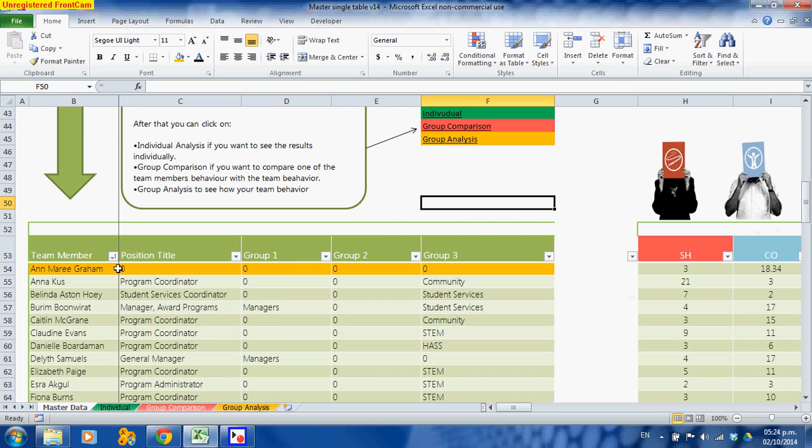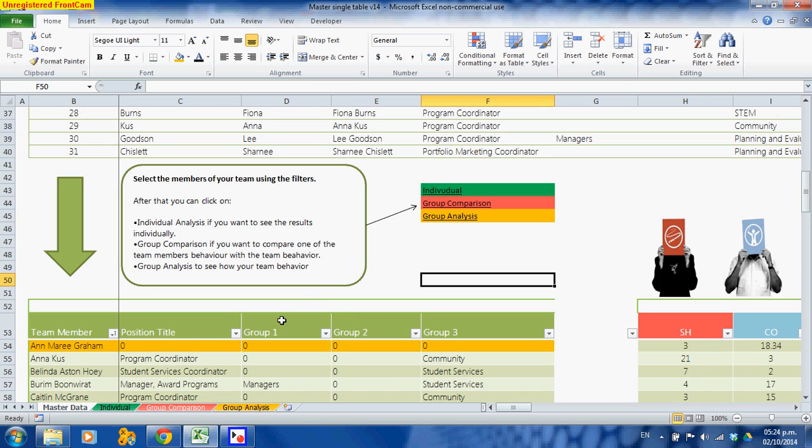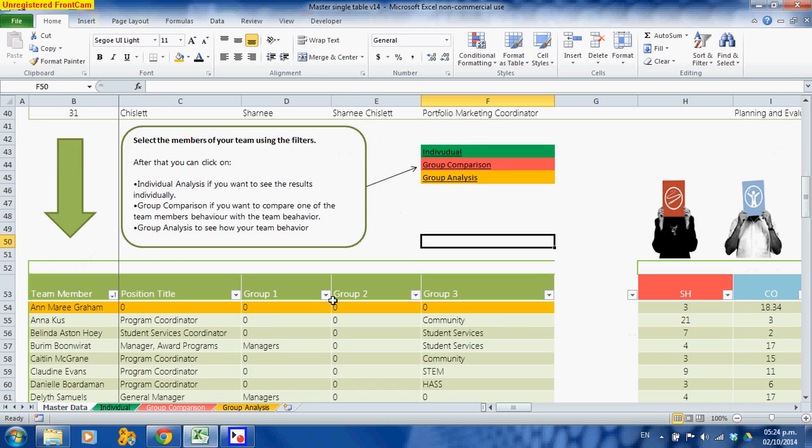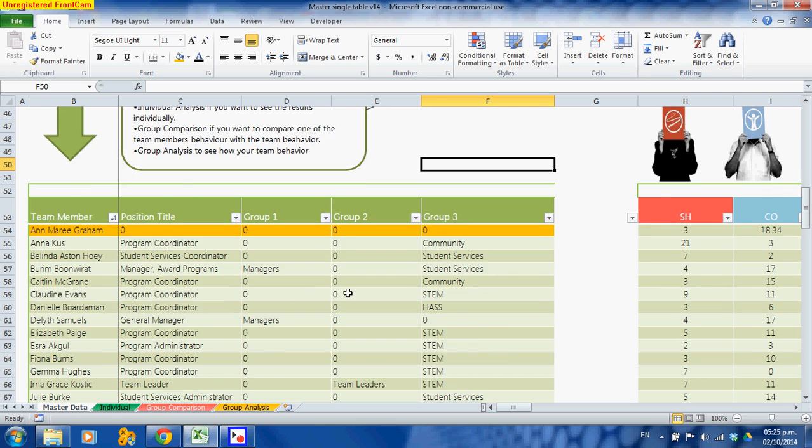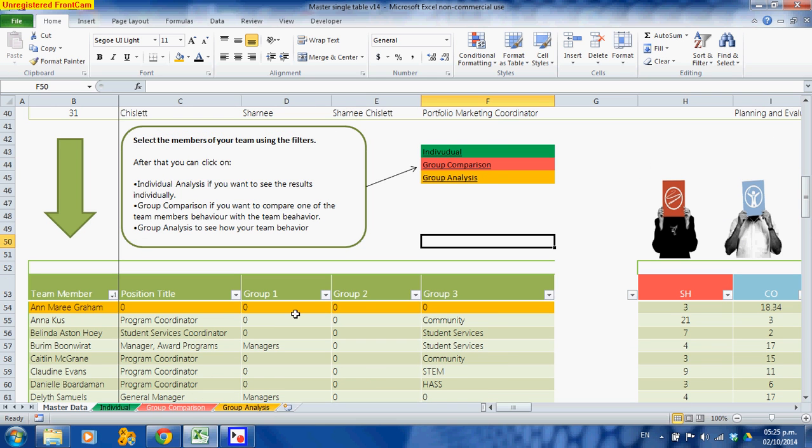Then you can see this table, which is kind of a dynamic table. It's kind of dynamic, but it's not that dynamic by definition, where you can filter all the different columns to arrange the table however you want. So here are the basic instructions. Select the members of your team using the filters. So this is basically if you want to